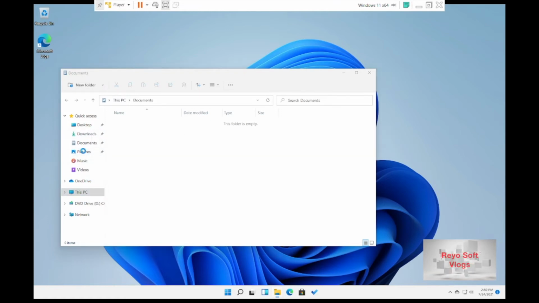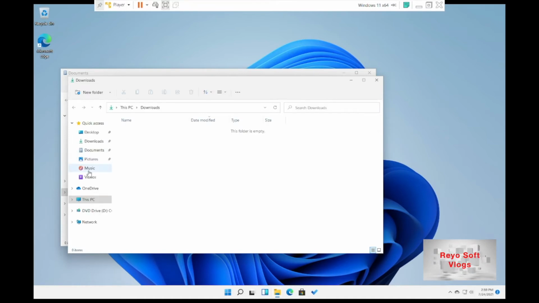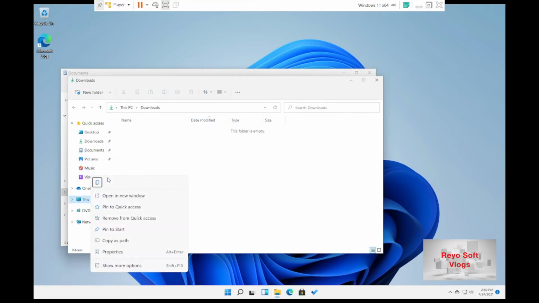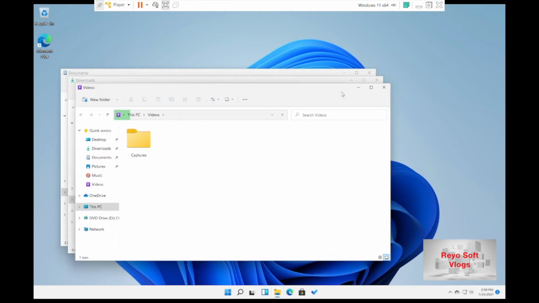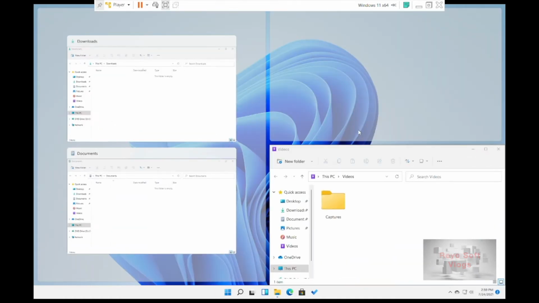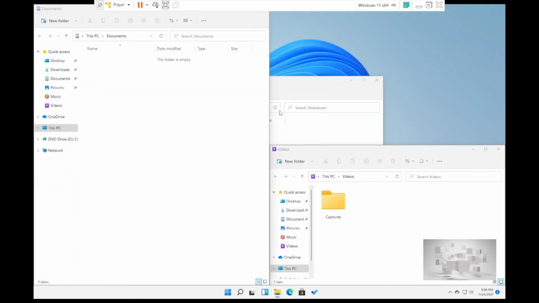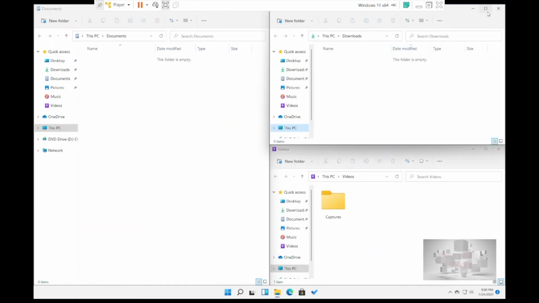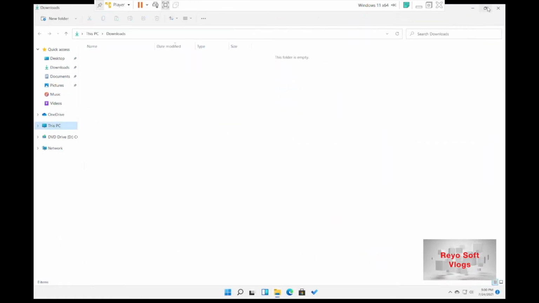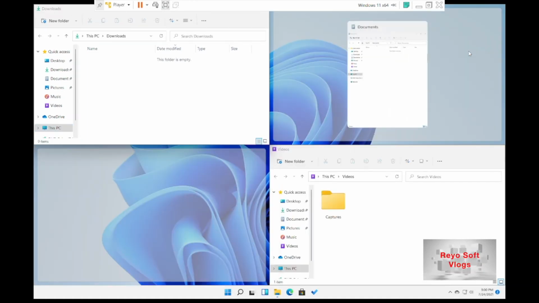I will open two windows. Maybe I'll open the third window, and I can arrange these windows. Just place the mouse button on the maximize, so you have the options for placing the windows. You can see the windows are organized, arranged itself on the desktop. So on any window on the maximize button, place your mouse for some time, 2-3 seconds, and you will get the option to arrange the windows. This is a new feature of Windows 11.